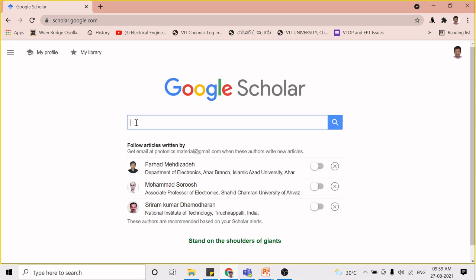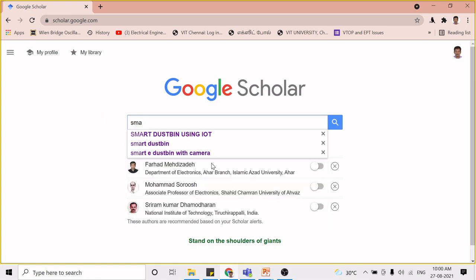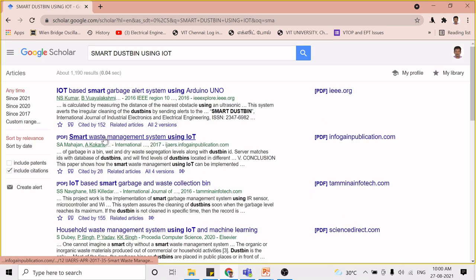If you are going to Google Scholar for the first time, you type the article you want to see here, like a basic research topic. I just type smart dustbin using IoT. You can see the list of papers returned by the Google server, right?